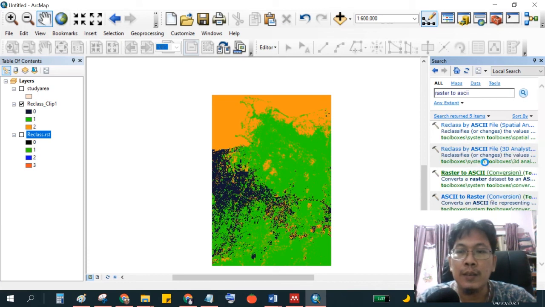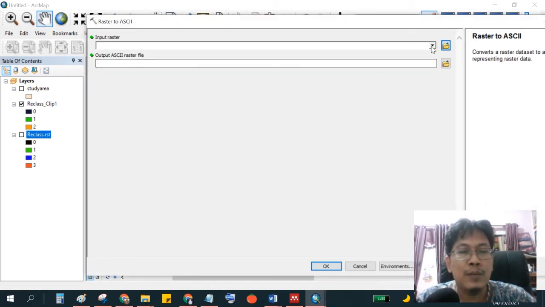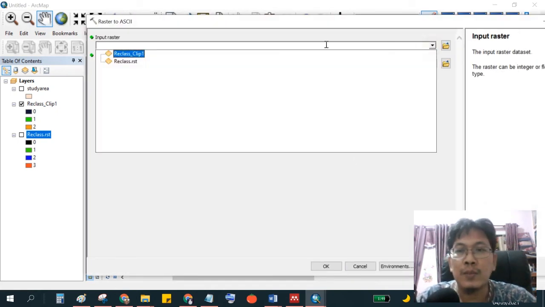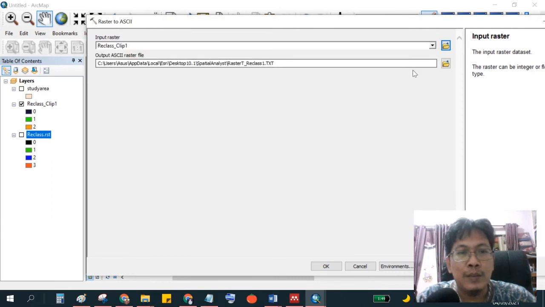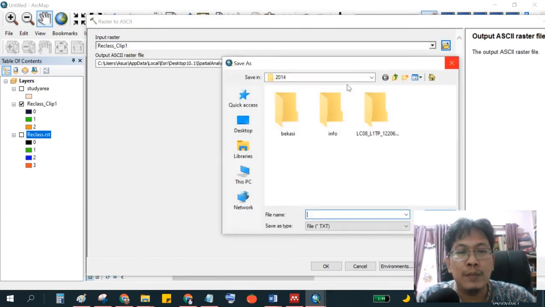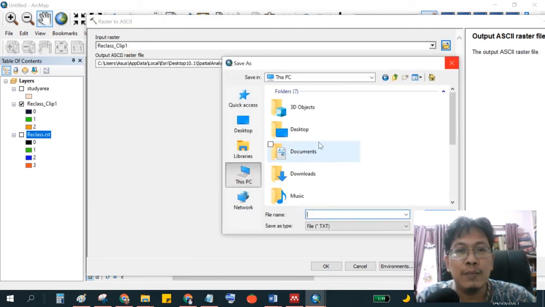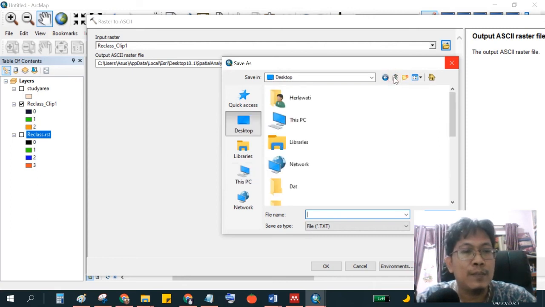So we use the raster to ASCII toolbox, because Idrisi cannot directly import the saved file from ArcGIS.